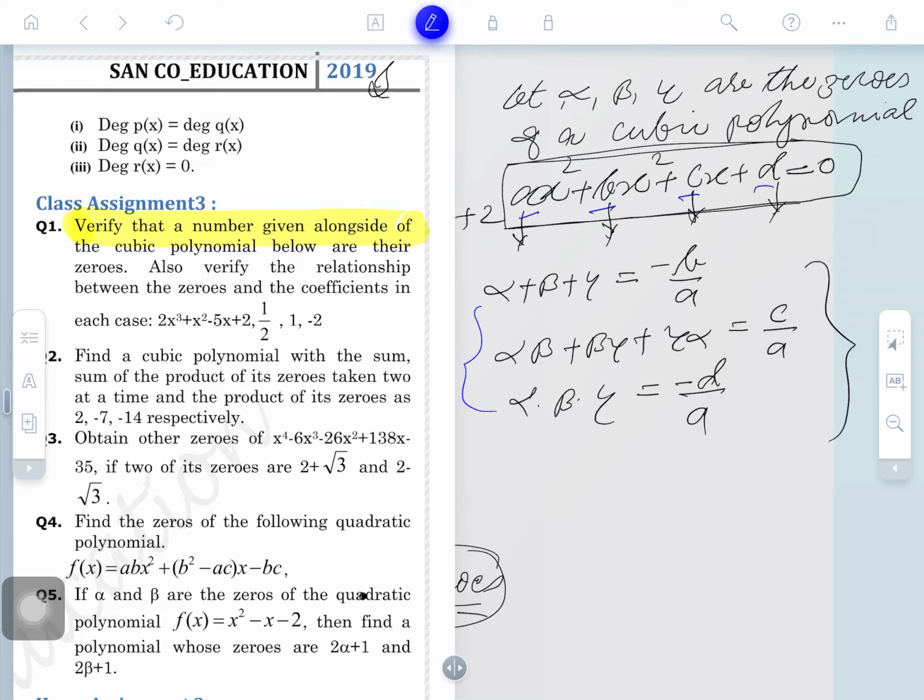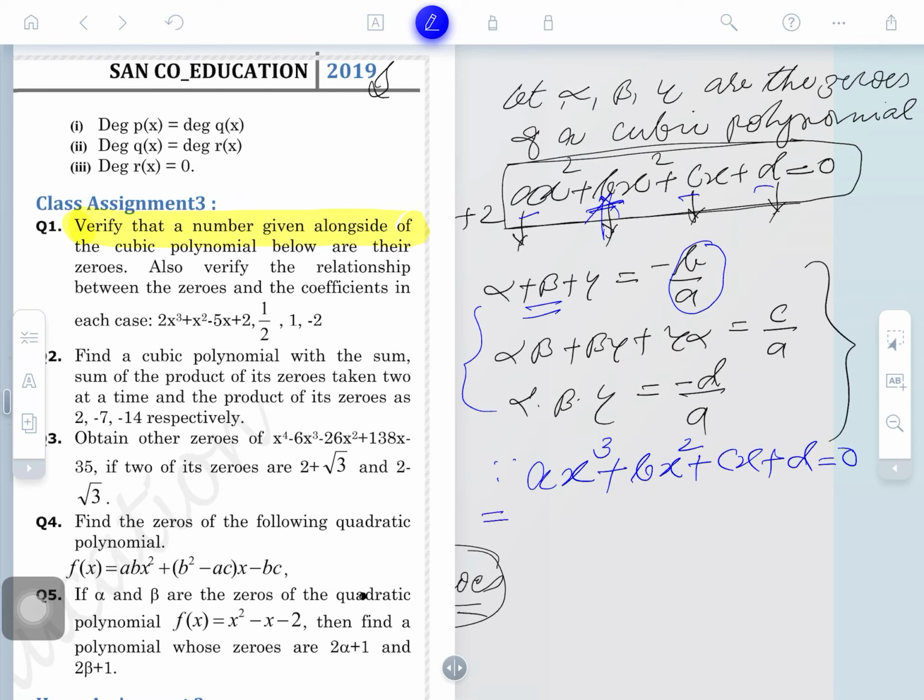So can we replace these terms here in terms of alpha, beta? Obviously. So wherever B by A occurs, we can write alpha plus beta by. So here is B only. So we will write down here, since the formula will speak here, this is cubic ax cube plus bx square plus cx plus d is equal to 0. The cubic polynomial is before you.